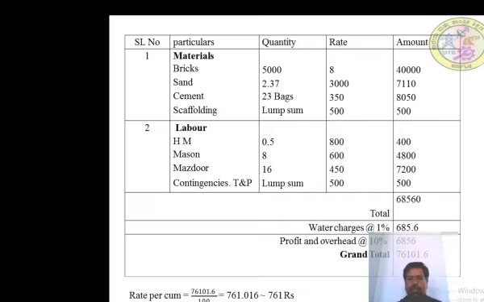So 0.5 into 800, 400 rupees. 8 into 600, 4,800 rupees. 16 Mazdoor at the rate of 50, 7,200. So lump sum 500. Total